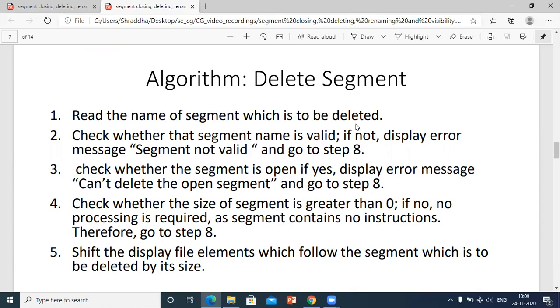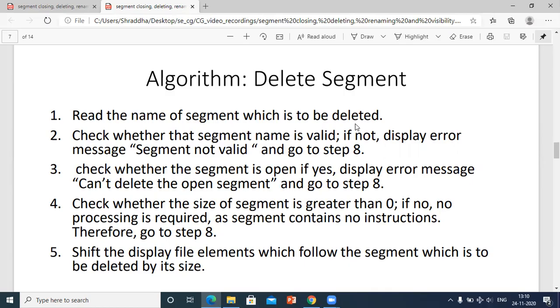Suppose initially the segment size is 0 and I have added an instruction like create segment 1. What will happen, the size of the segment will change from 0 to 1 because you have added certain instructions into it. So the point number 4 meaning is that the segment size should be greater than 0.